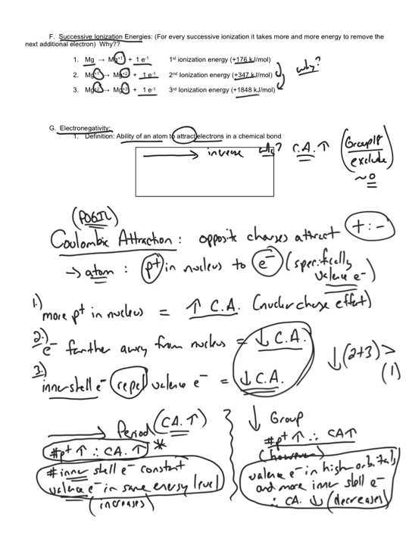Why? They're already full. And since they're already full, while they have great Coulombic attraction, there is no need to gain electrons because they already have the most stable configuration, which is a full energy level. So in this trend, you just have to remember that group 18 is voided, and I won't even ask questions about it, but understand that they increase across until we get to group 18, and then they tend to be